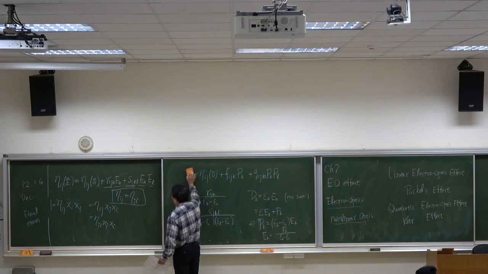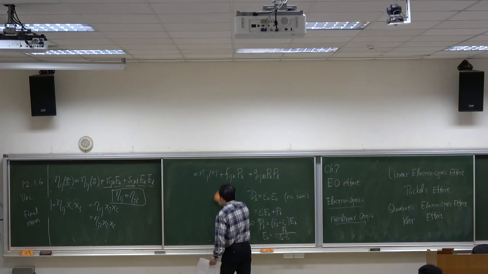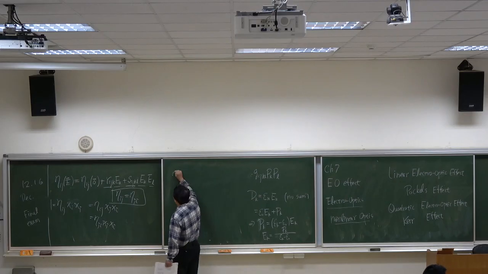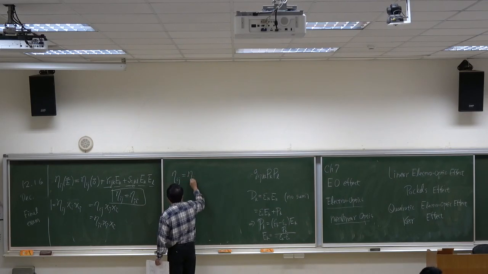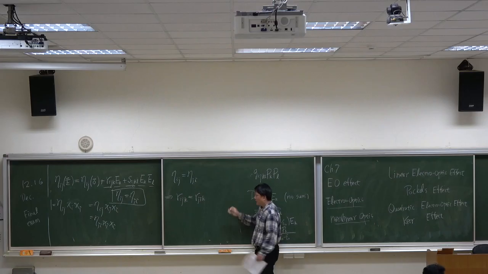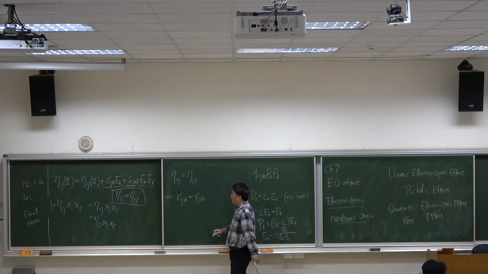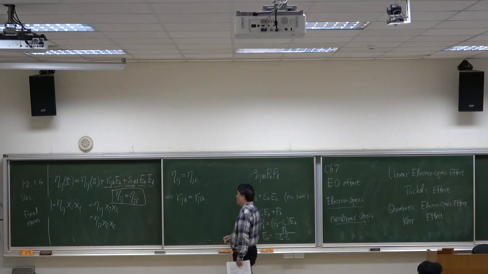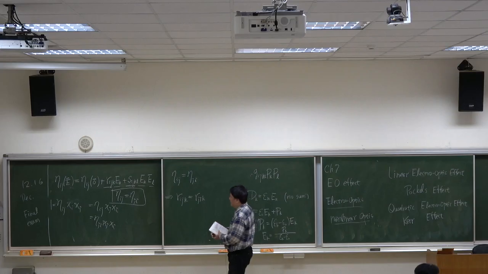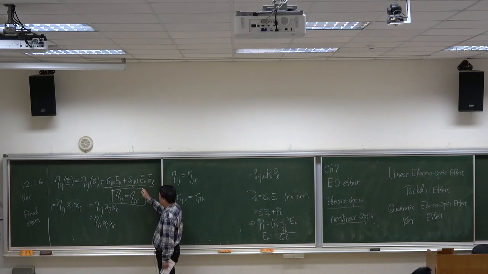So this property implies that if eta ij is equal to eta ji, then Rijk is equal to Rjik. Okay, we can exchange the order of i and j without changing the result. And similarly, we see